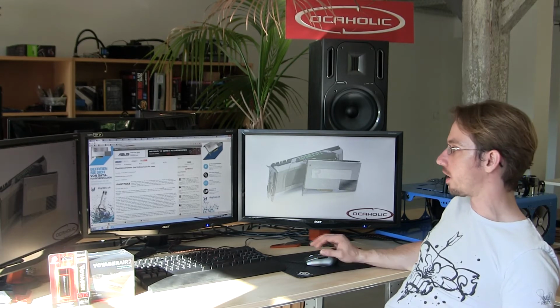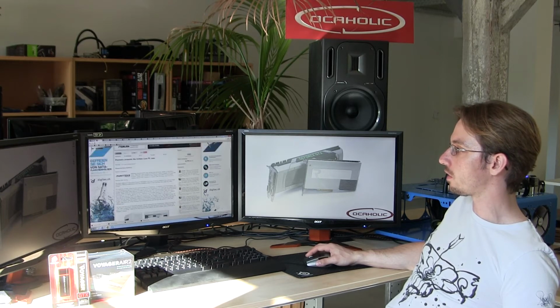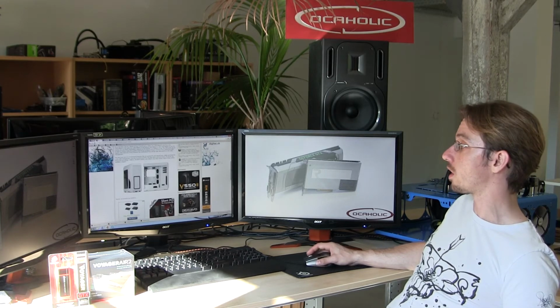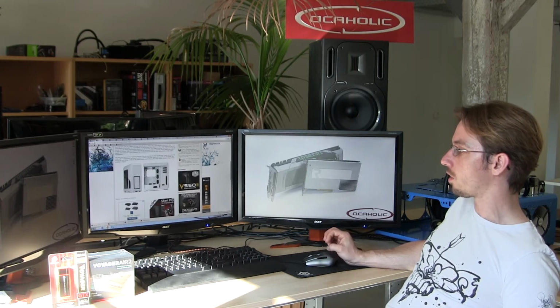A year ago they announced the Enthoo Primo, which was a super high-end case that had a lot of features for water cooling, custom water cooling kits. And they did the same now with their midi tower cases, and this time they're launching the Enthoo Luxe, which is another really interesting case for gamers. For instance, it's going to cost $149 in the black version and $159 in the white version, and it's going to feature lots of things to install